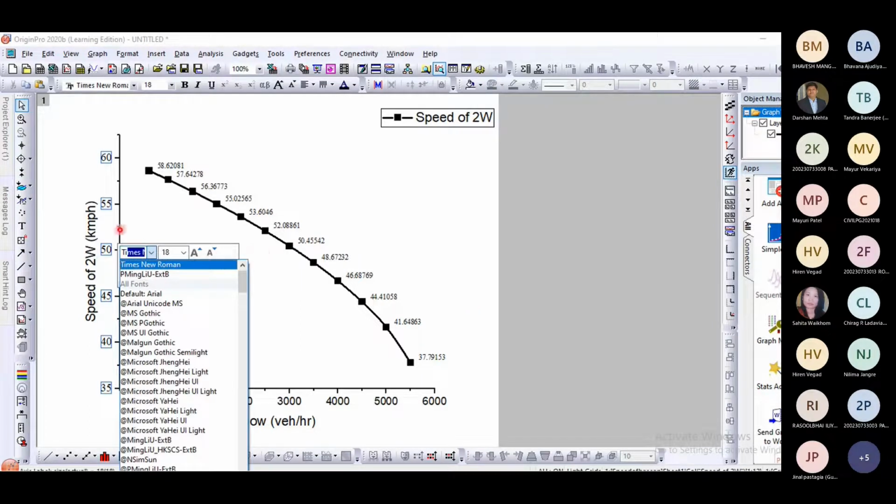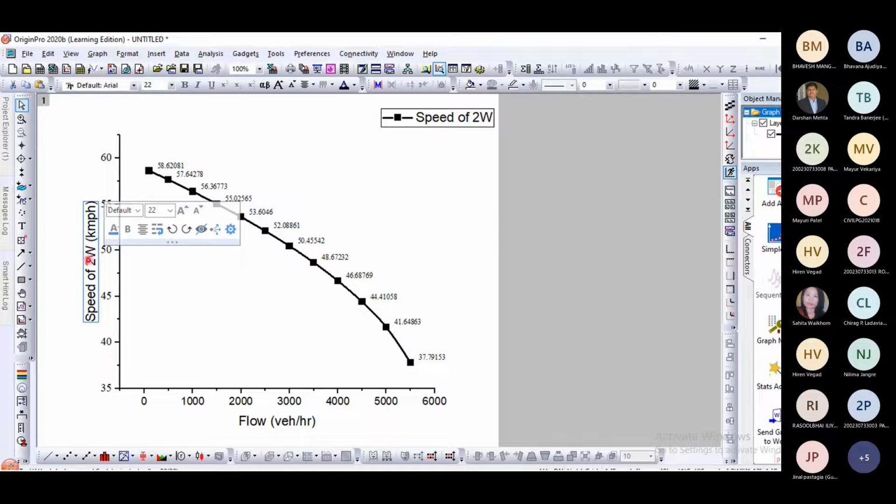Now editing the axis, right? To edit this value, initially here it is looking good, it is absolutely fine. But suppose we want to make it bold or change the style, because some fonts are in Times New Roman and these are in Arial. To make it uniform, we can edit it here. For that, you have to click on any value of the axis.